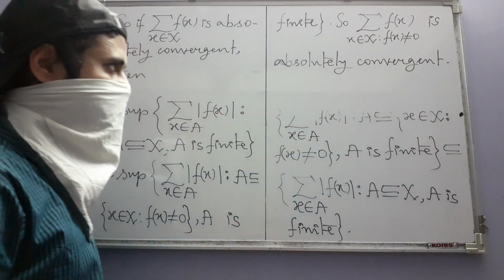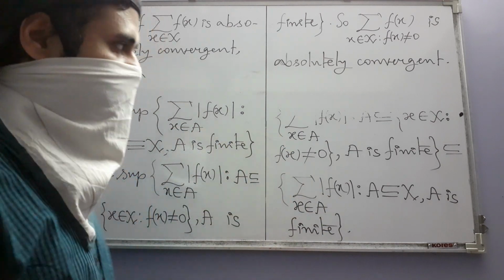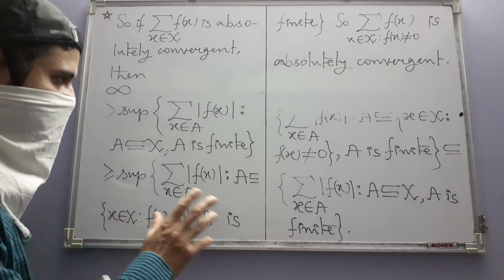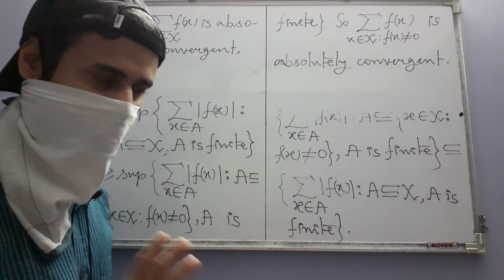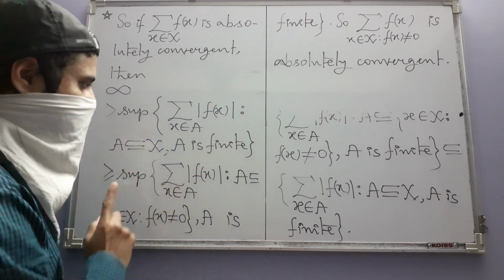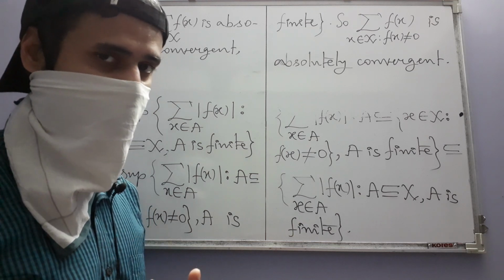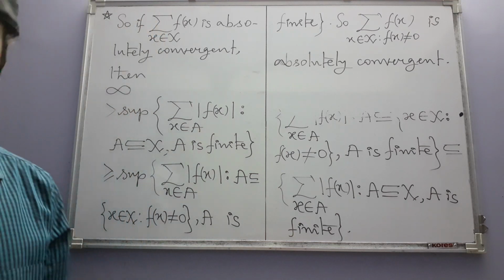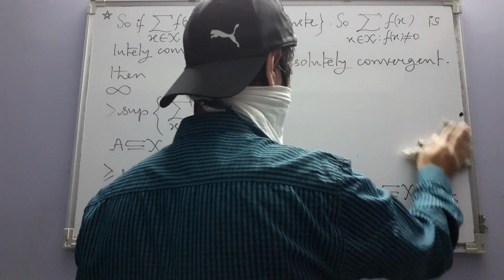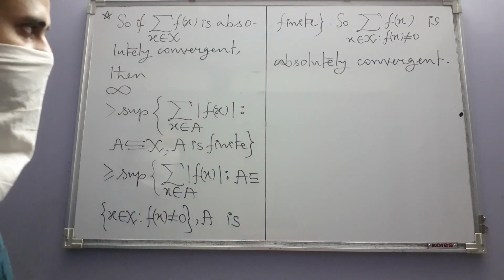So that was the first thing we wanted to prove. And if you look at this whole argument, the specific nature of this set has actually played no role in this argument. The only thing that we used is that this is a subset of capital X. That means the same argument will apply to actually any subset of capital X. So that's why next we just write that observation down. It will be useful later on.